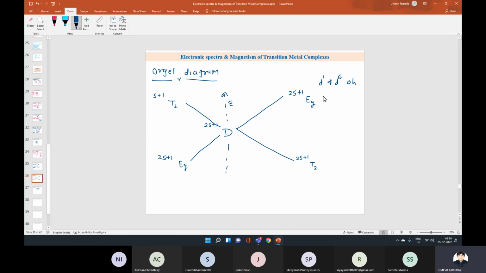What about D1 and D9? D1 and D9 कौन सी सिस्टम आएगी? टेट्राहेड्रल। इनका डायग्राम अपोजिट है तो वो टेट्राहेड्रल आएगी। जी भी रिमूव कर देता हूँ, ताकि कंफ्यूजन ना हो।